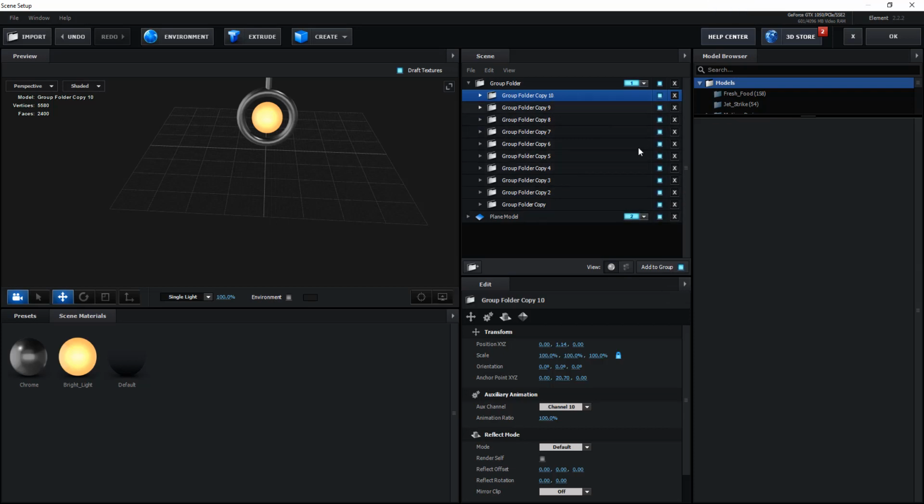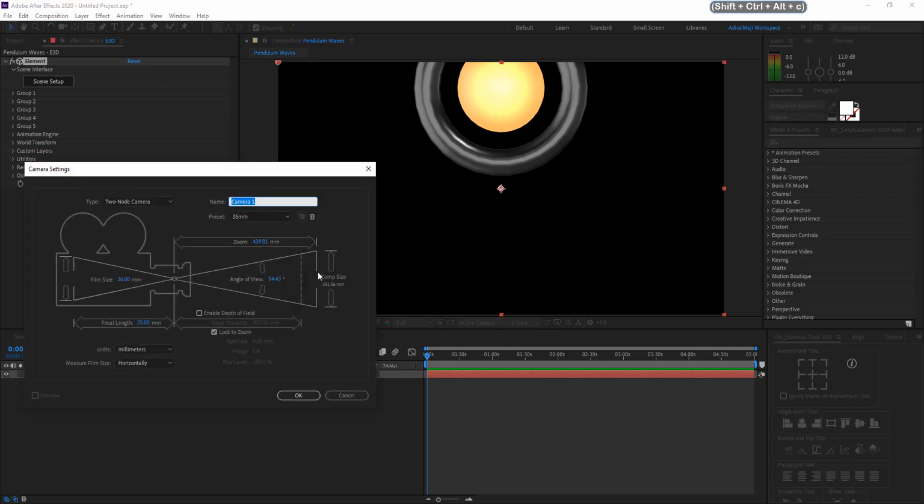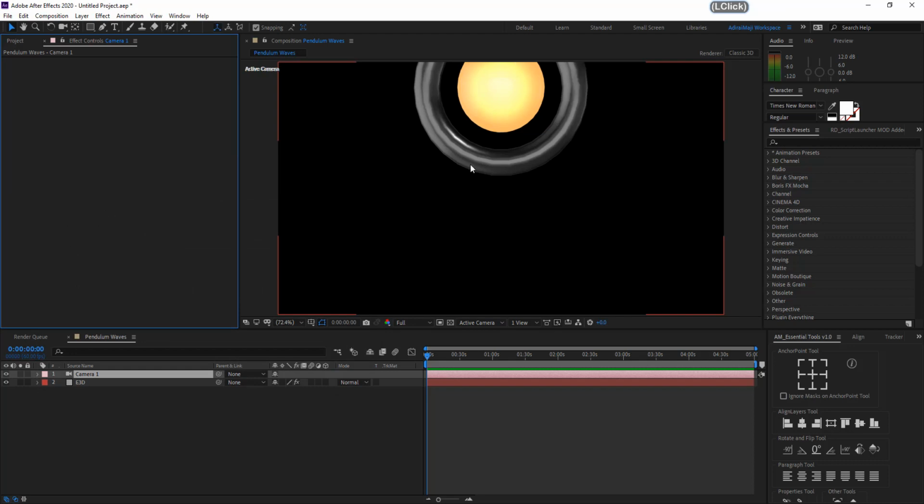If you have made a mistake, we will get to know at the After Effects part. So don't worry, we can anyway change it accordingly. So once you have done all of this, you can press enter or OK, I mean the OK button in the Element 3D scene setup. Now we got this on our screen. Now we have to introduce a new camera. Okay, make sure it is in 35mm. Press OK.